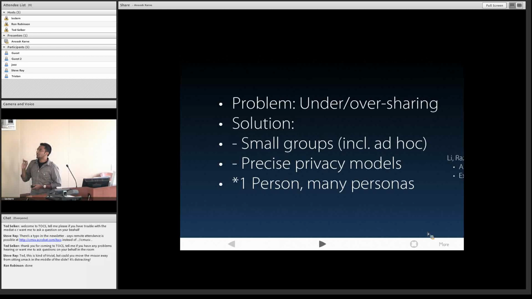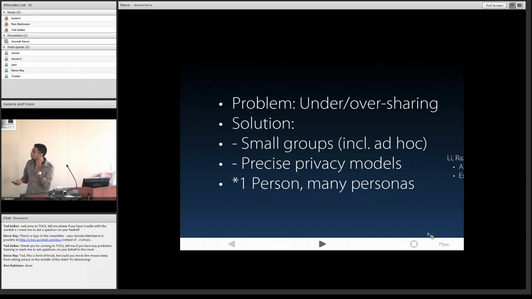And the important realization here is that we need social communication platforms that are built around small groups and ad hoc groups. The idea behind ad hoc groups is that we take into consideration the sense of strong versus weak ties. I'll give you an example. Let's say that you order something from Amazon.com and you need to correspond with a customer service representative. For a very short period of time, that relationship is very important, but the idea of friending them on Facebook is totally foreign. But it's still important to have some kind of formal relationship with them through a computer system.